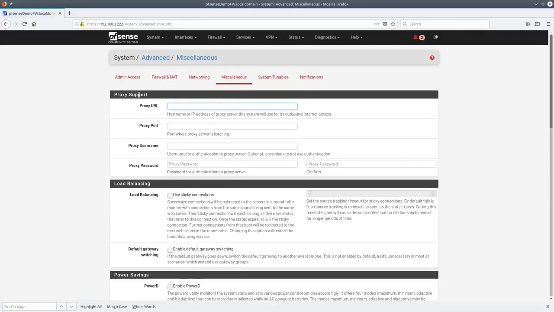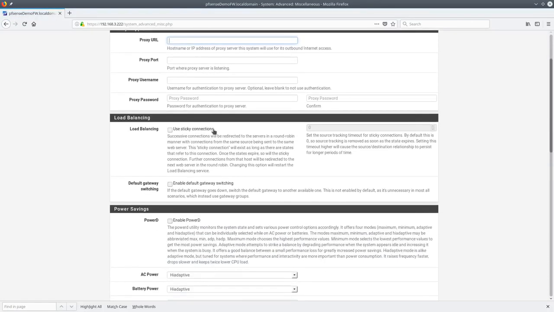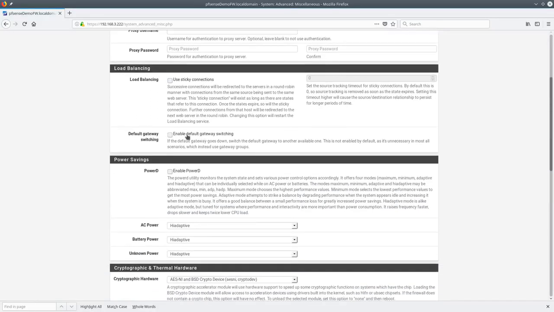Miscellaneous. You can run this through a proxy if that's something you have, maybe your provider forces you onto a proxy. Not really an issue I've run into. Load balancing. Enable default gateway switching. Now, I've had this where I've had to turn this on. I don't know if they fixed this, but you're supposed to just, when you're setting up load balancing, which we'll get to on the interface side,